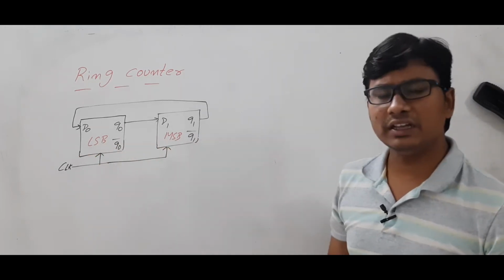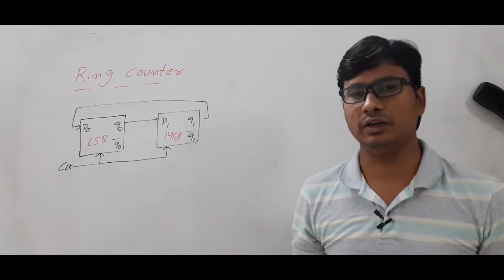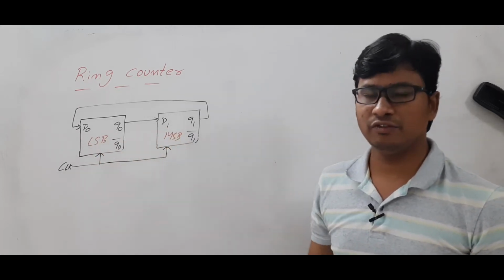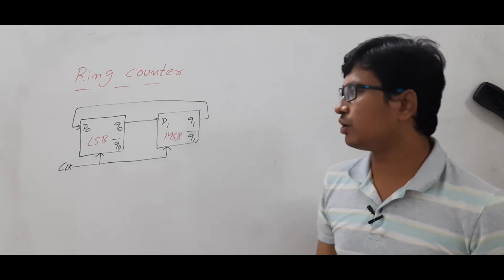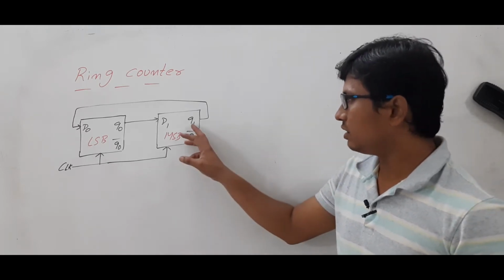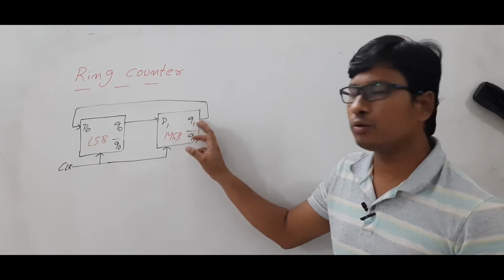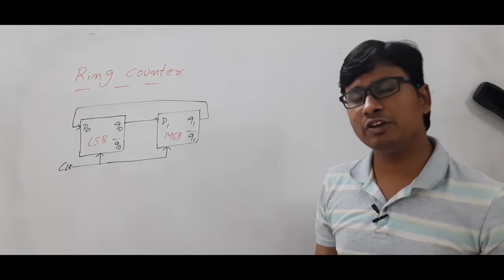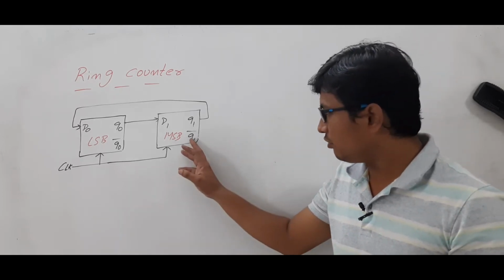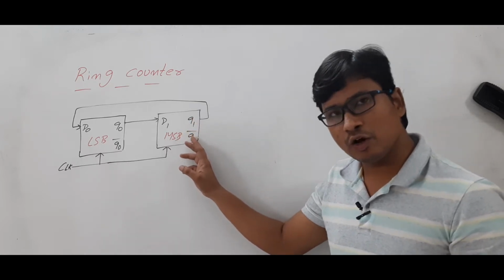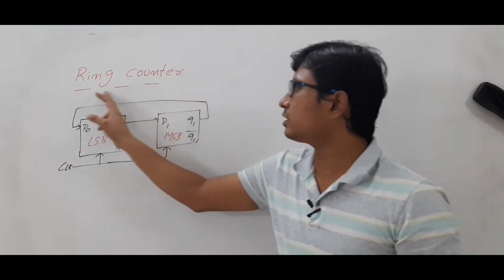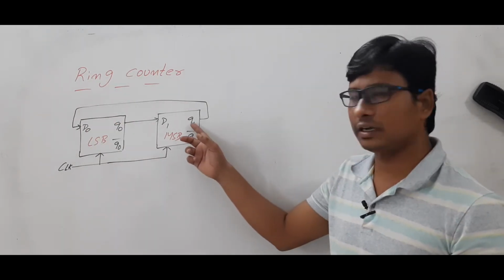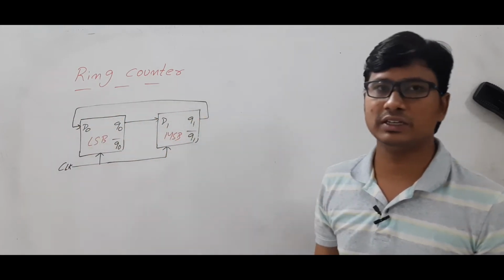Now, why are they calling it a ring counter? First, it is a shift counter. Why is it a shift counter? From one flip-flop the data is shifting to another flip-flop, so that's why we are calling it a shift counter. And why are they calling it a ring counter? The final flip-flop's Q1 output I am giving to the first flip-flop, so that's why it is called a ring counter. When will it be called a Johnson counter? If Q1's complement output is connected to the first flip-flop, then I will call it a Johnson counter. Here we are connecting Q1 to D0, so that's why it is a ring counter.